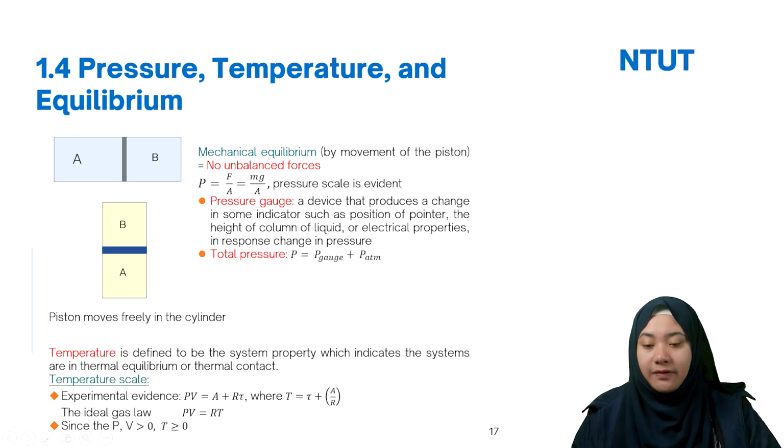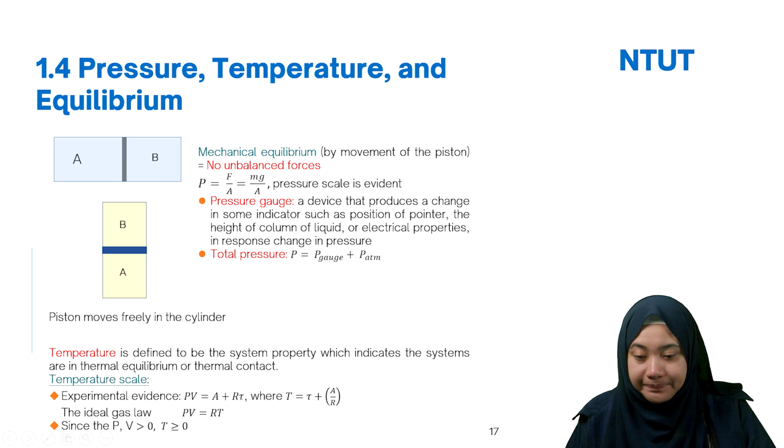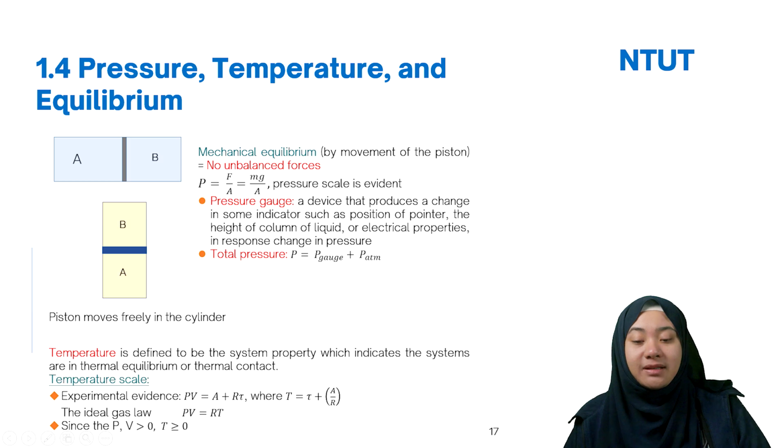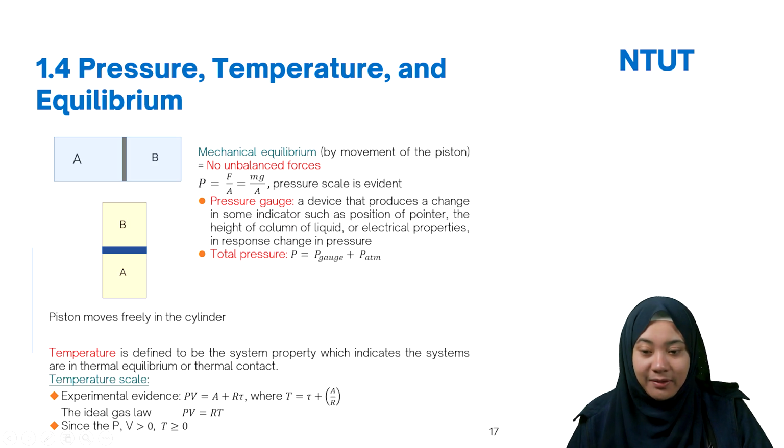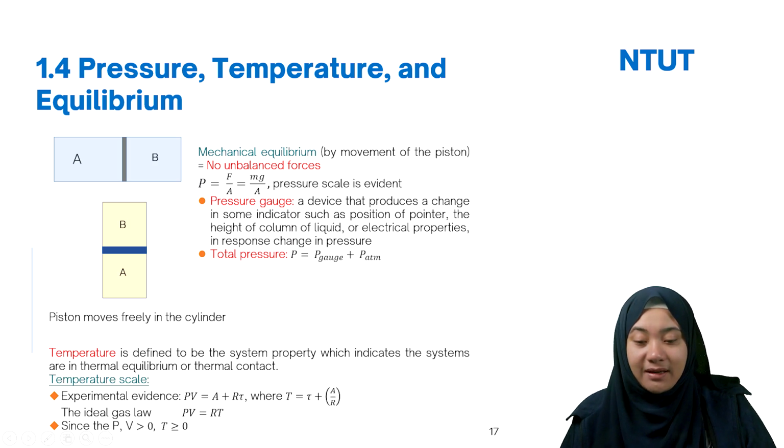So if you have the pressure in here, since there is pressure, your volume should be larger than zero. Of course, the temperature is larger than zero. From the ideal gas, you can see that when you have the pressure, your V and T cannot be zero. So the volume is normally 22.4, and then the temperature for the ideal gas.